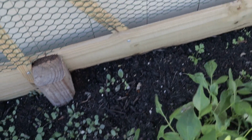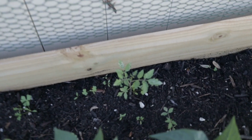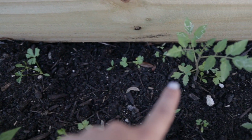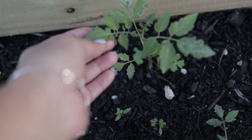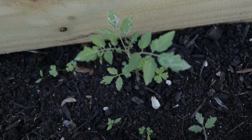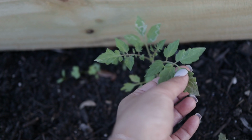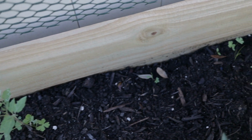And then moving along that same line back here, you can tell how windy it has become. We have our bumblebee tomatoes. So my one that was right here, completely gone. This one is doing pretty well, besides the obvious leaf miner damage. With tomatoes, I'm not super concerned with leaf miner damage, because it doesn't really affect the fruit. It does affect the leaves, which will in turn die and not be able to photosynthesize, and then it affects the fruit. But you can kind of just clip it off, and it won't really harm the rest of the plant too much, and then just toss those. And then I have